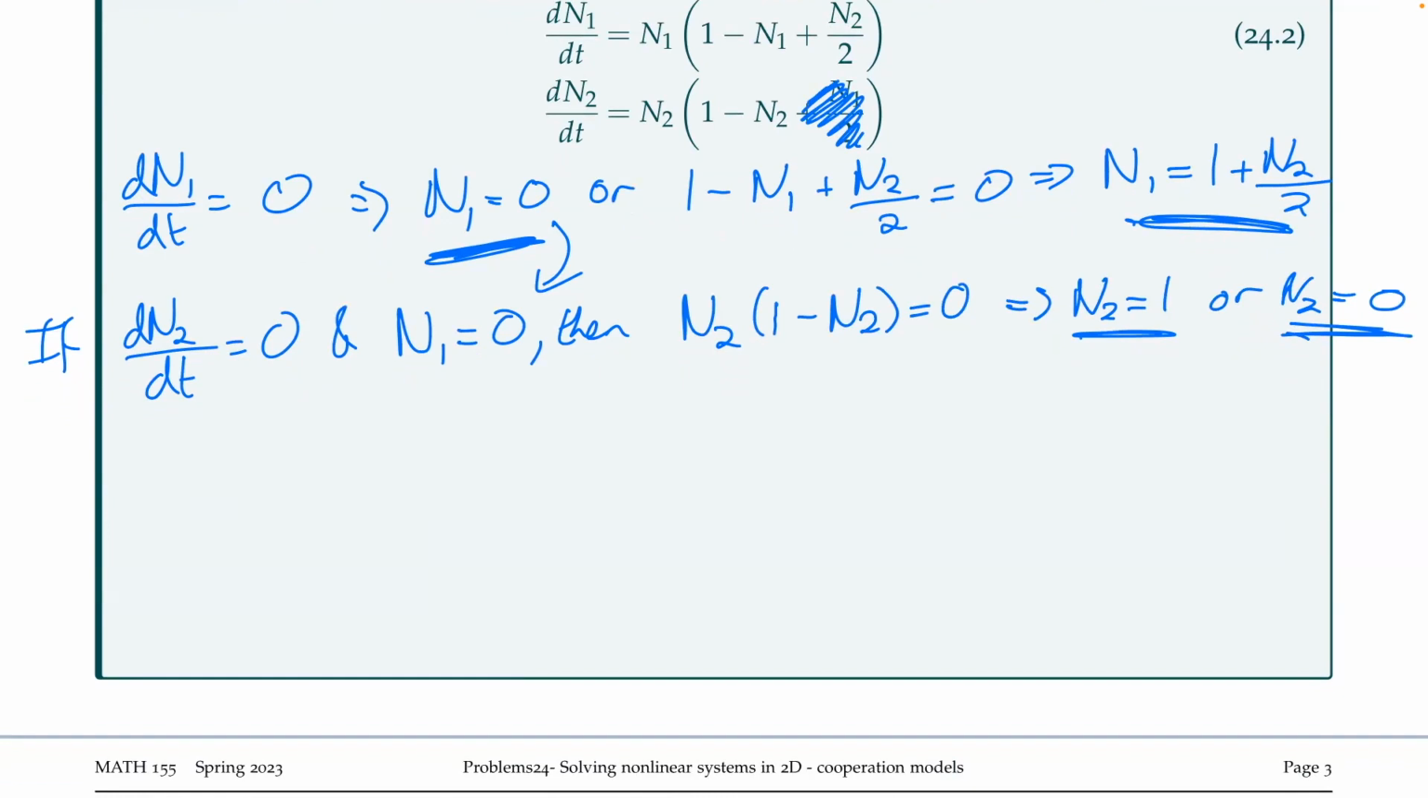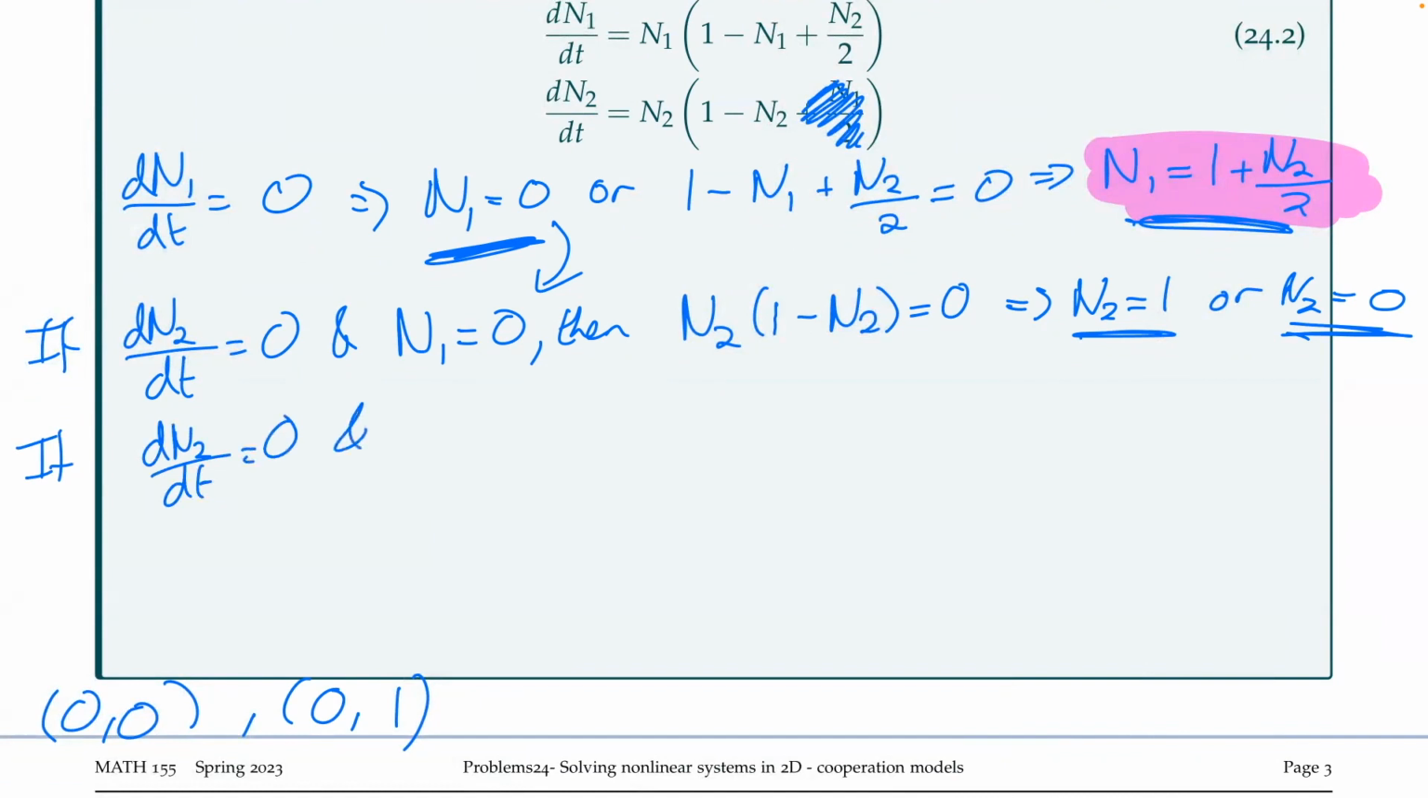Okay, so for this point, I can keep track of what my fixed points are. I know that I've got a fixed point at 0, 0, and another one at 0, 1. Now we consider the other condition from the first equation. So now we say if dn2/dt is equal to 0 and n1 is equal to 1 plus n2